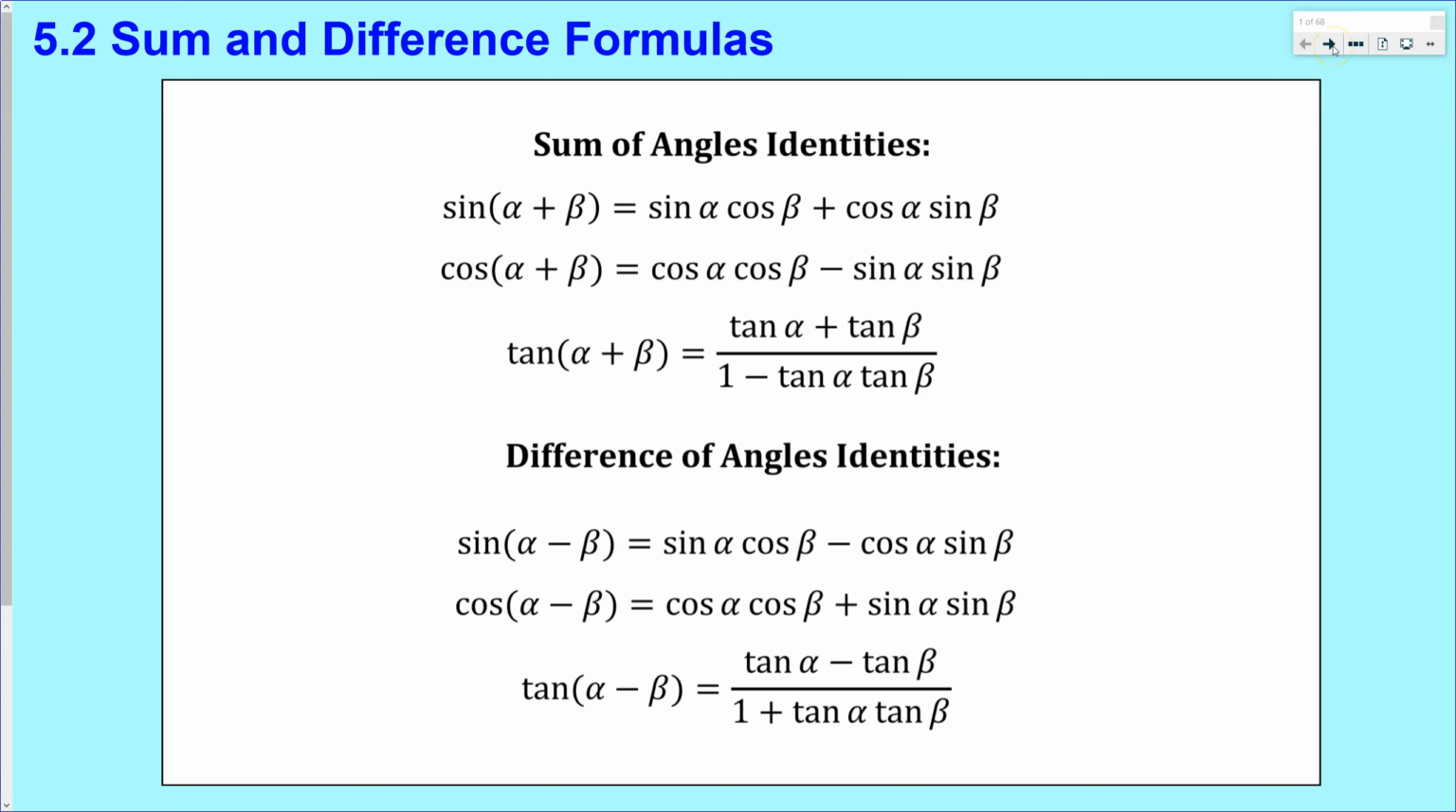Today we're going to tackle section 5.2 using the sum and difference formulas for sine, cosine, and tangent. Each one has a sum and each one has a difference, so there are a total of 6 formulas altogether, and you can see them up on your screen right now. You do not need to memorize them, you just need to know that they exist so that they can help